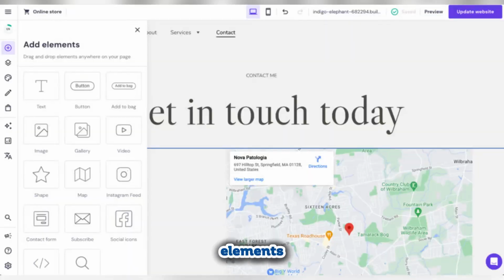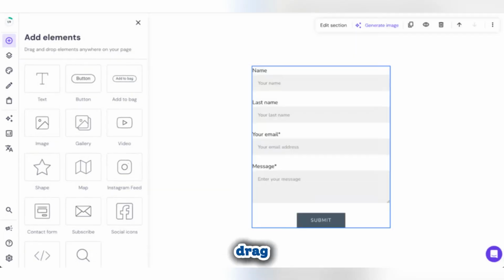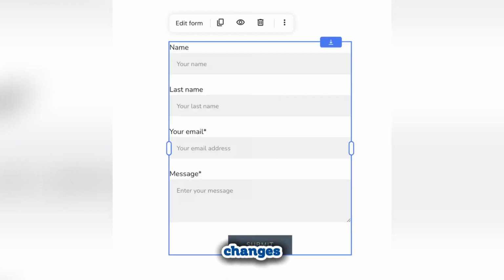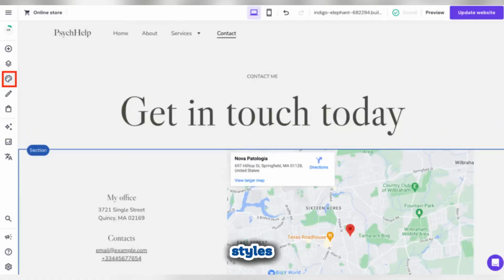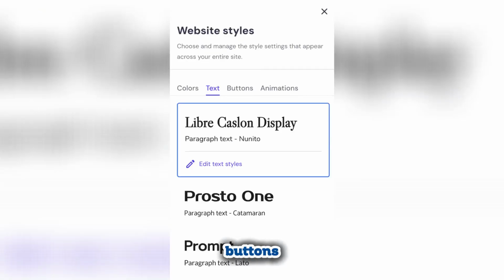To add new elements like buttons, contact forms, or social icons, open Add Elements from the left menu and drag them onto the page. For design changes, open Website Styles to adjust colors, fonts, buttons, and animations across the entire